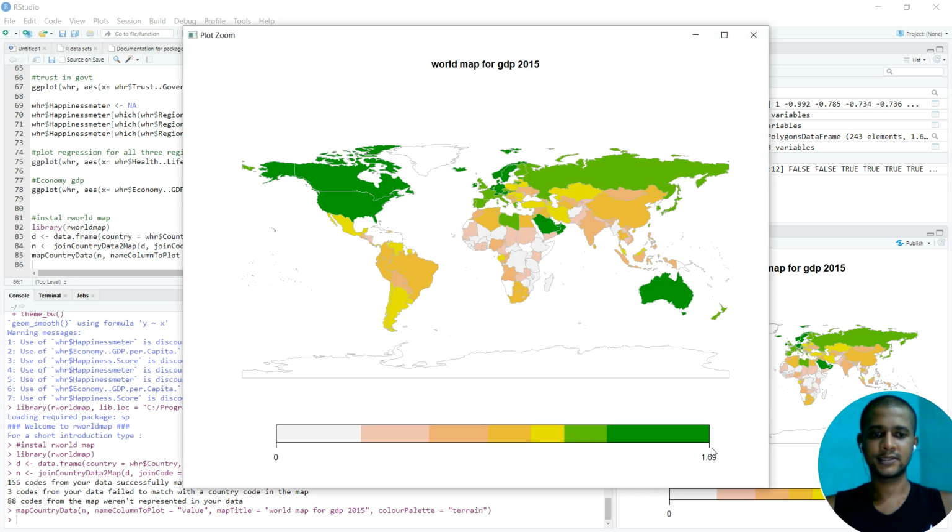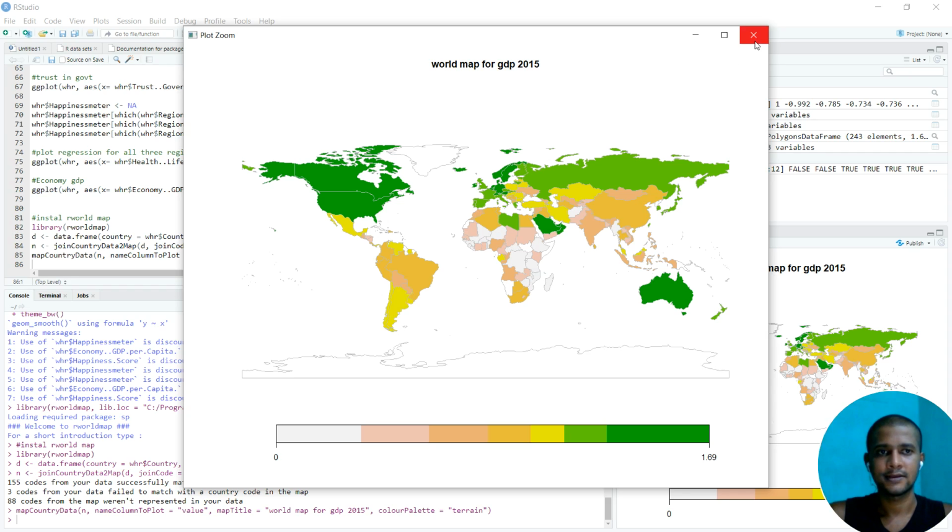Let's see the American region and the Australian region. Let's see where the value is on the higher side, and similarly you can see the world map with world GDP 2015